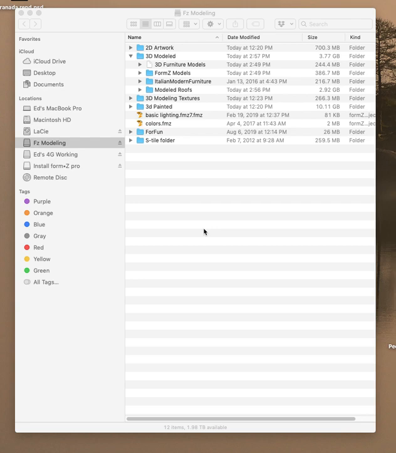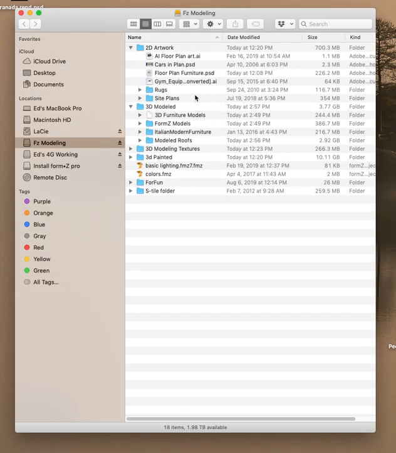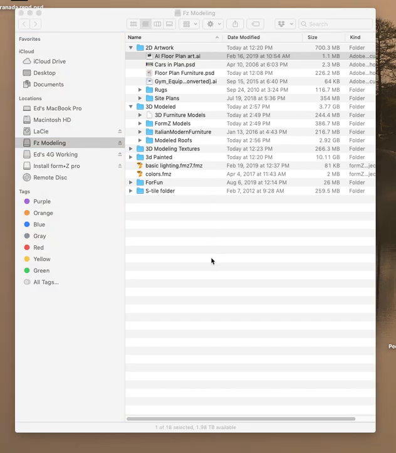Okay, I'm going to send you an external hard drive that I've packed with these files. And I've tried to organize them to a degree, but you'll see there is a lot of material here. So, for instance, the 2D stuff is for floor plan work. And so here, AI floor plan art, you open that one up, and it's just the black and white